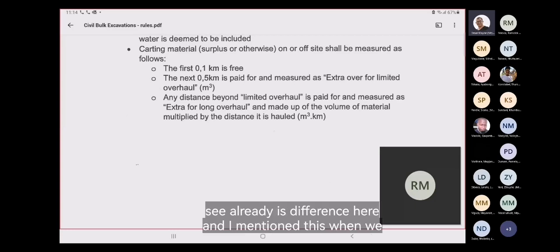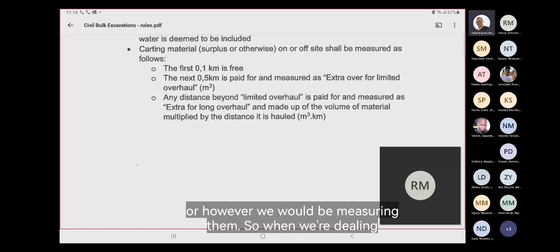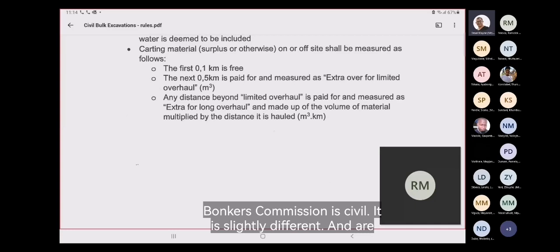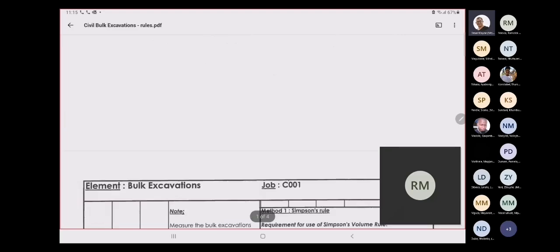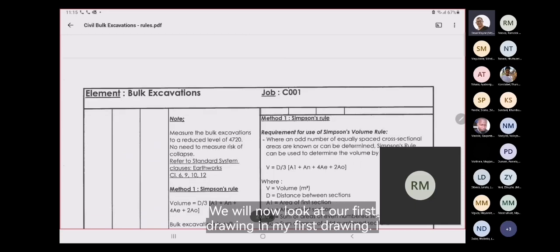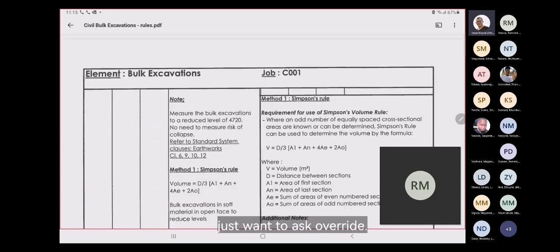You can see already there's a difference here, and I mentioned this when we dealt with plumbing. I mentioned that there are ways in civil engineering that when we measure a manhole, we will include everything in the description and just measure that manhole as one, or however we will be measuring that. So when we're dealing with bulk excavation in civil, it is slightly different in how it is being measured. So we will now look at our first drawing. In my first drawing, I'm just going to override